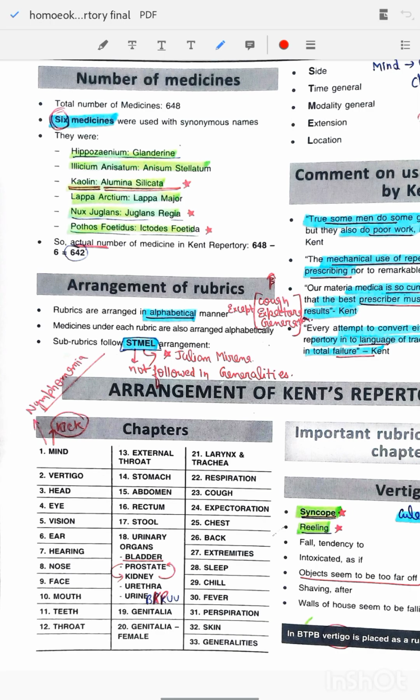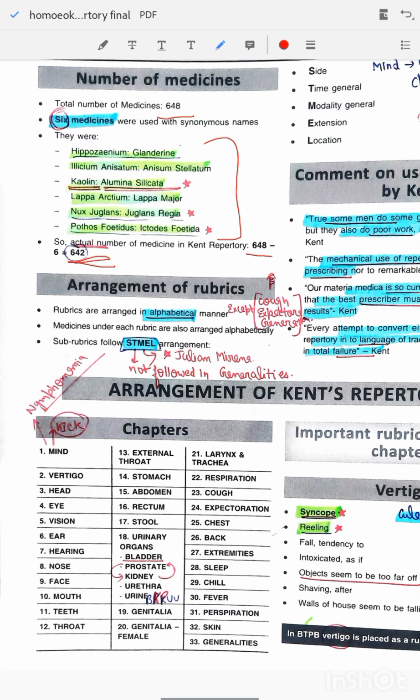Total number of medicines, as we have discussed, is 648. Six medicines were used with synonym names. These are sometimes asked, so you just remember their names. Then if we minus, 648 minus 6,